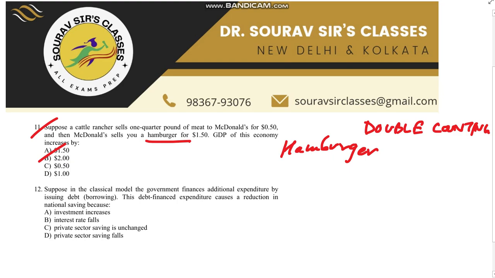Next question comes up again on the classical model, that is from macroeconomics. So suppose in the classical model, the government finances additional expenditure by issuing debt, that is borrowing. Now the debt-financed expenditure causes a reduction in national saving. So does investment increase, or does the interest rate fall, or is the private sector saving unchanged, or does the private sector saving fall? So we know in the classical model,